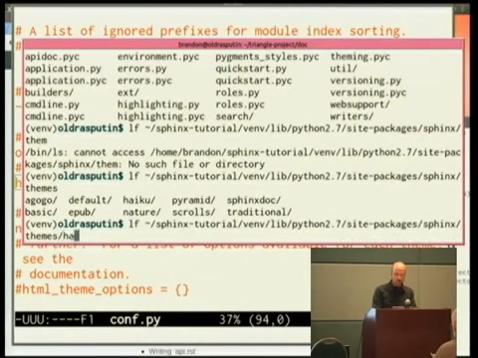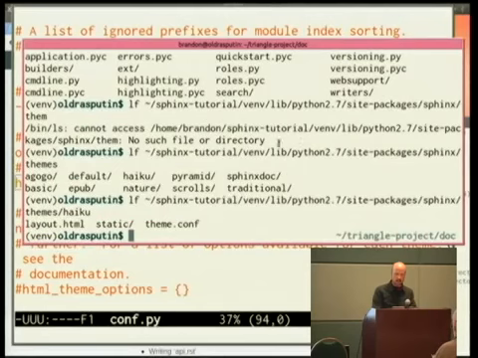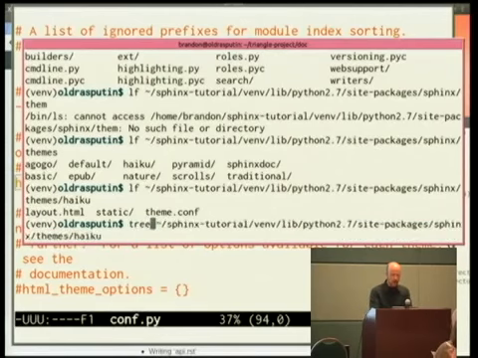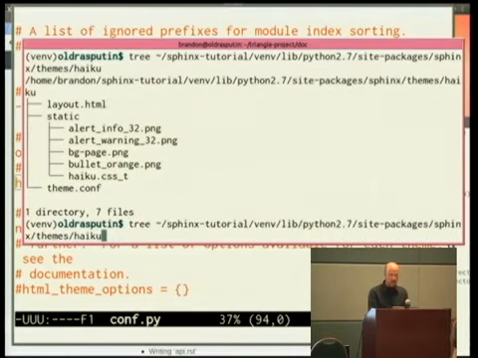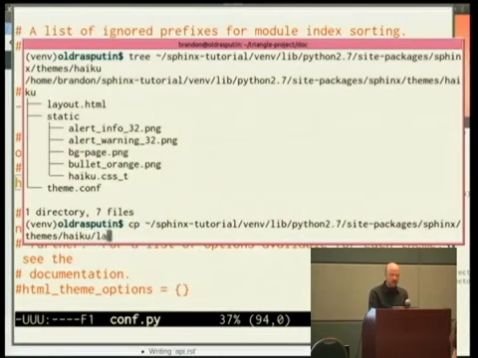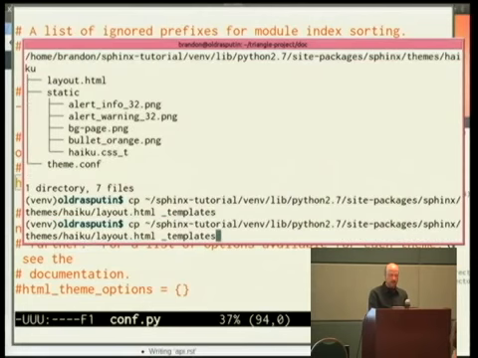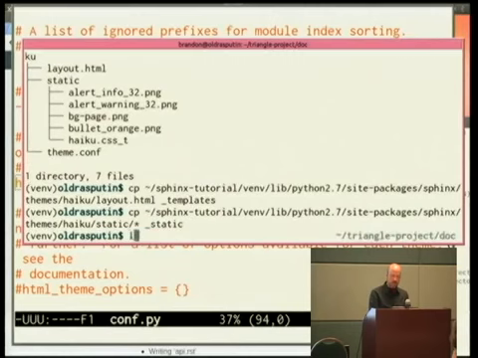And as the final step, if you really want to take control yourself, I'm looking at the haiku directory. I'll use tree on it so that we see all the files in there. There's a static directory with some images. There's a conf file, and then there's a layout HTML. What you'll find is that if you copy that layout HTML